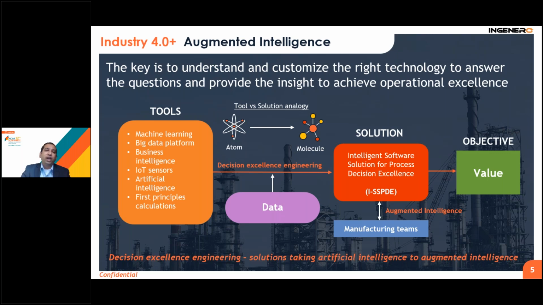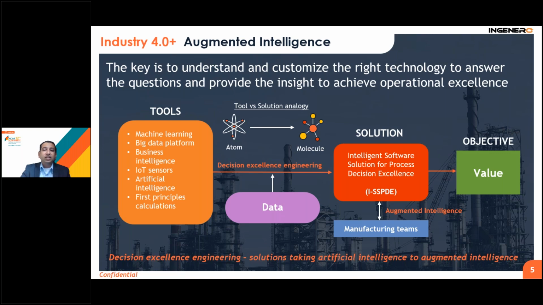With the advancement of technology, data mining, data computation, and accessing the data are not an issue anymore. The challenge is to identify the right data, collect the right information, apply the right techniques, use the right tools and models, and convert the data and information into the right solution, as in converting atoms to the right molecules. And this needs to be done on a live basis, for which we need intelligent software solutions driven by analytics like